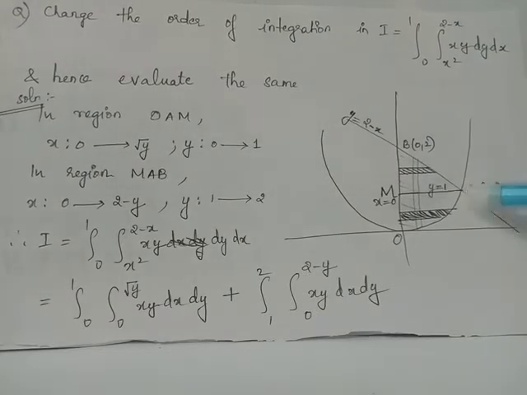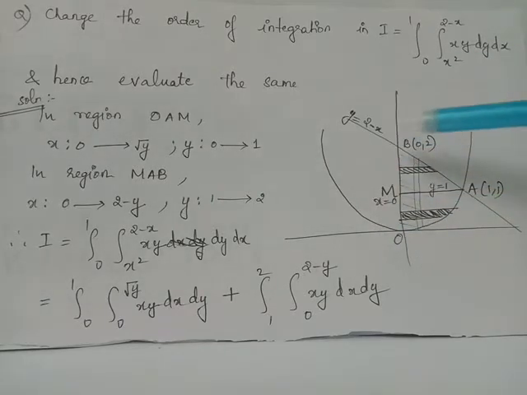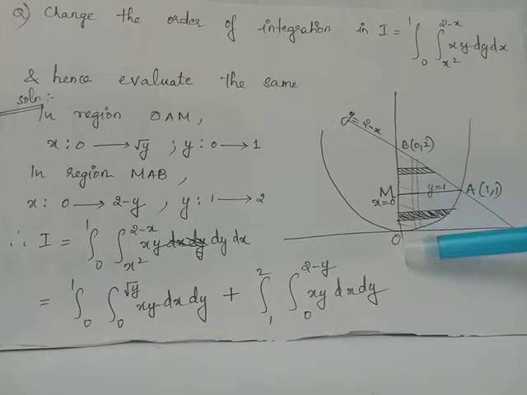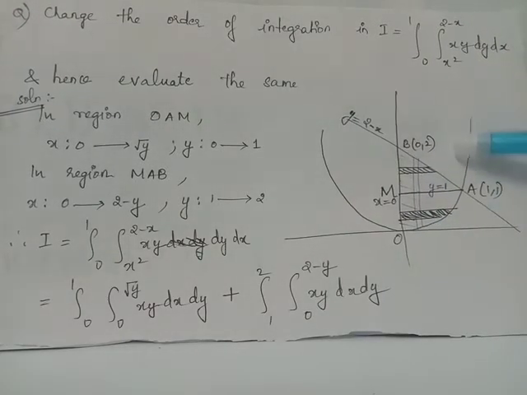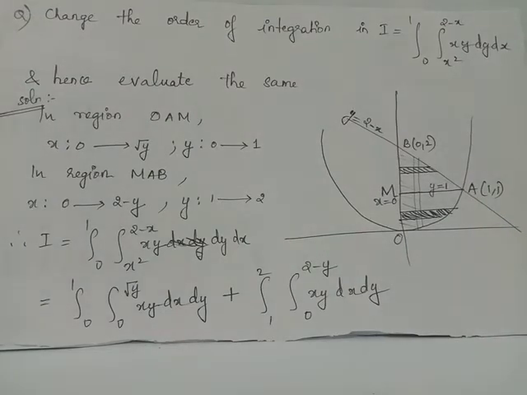Therefore, y equals x square, which is a parabola, and y equals 2 minus x, which is a straight line, will form two of the boundaries of the required region. We have x varies from x equals 0 to x equals 1. X equals 0 is the y-axis and x equals 1 will be the straight line which passes through the point A. We have point A is the point of intersection of parabola y equals x square and the straight line